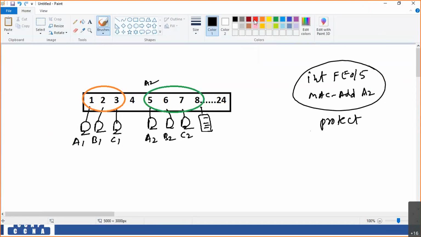Now how does protect work? Port number 5 is under the protect action whenever an unknown MAC address, okay, C3, an unknown MAC address is connected. Oh, you're coming from C3. You're my unknown MAC address. And yeah, port number 5